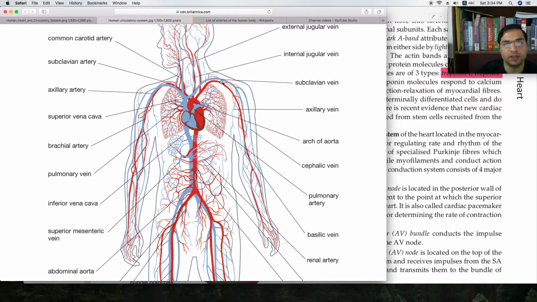This left subclavian artery, it goes into the hand, and it is called as brachial artery, axillary artery, and then it divides at the region of elbow into cephalic artery, and then it divides into radial artery towards the radial side, towards the thumb side, and ulnar artery towards the middle finger, towards the little finger side. So radial artery and ulnar arteries,